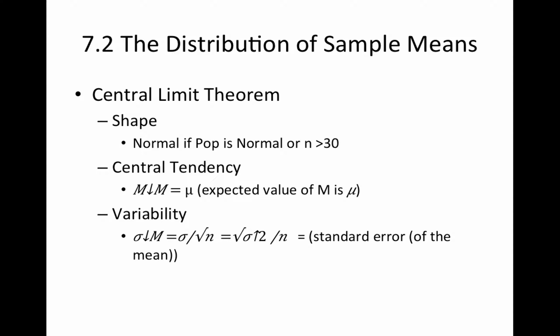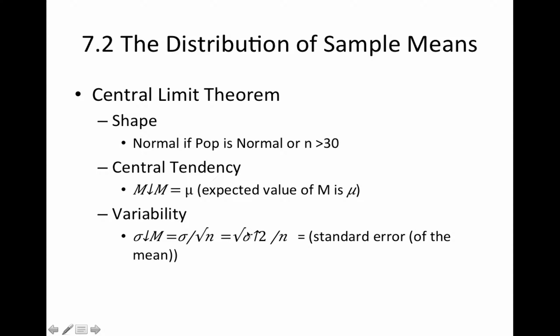If you take these samples from a population and you make sure the sample size is at least 30, or at least that the population is a normally distributed population, then you're also going to have this interesting fact that the standard deviation of that distribution of sample means is going to correspond to the original standard deviation of the population divided by the square root of the sample size you used, which is also equal to the square root